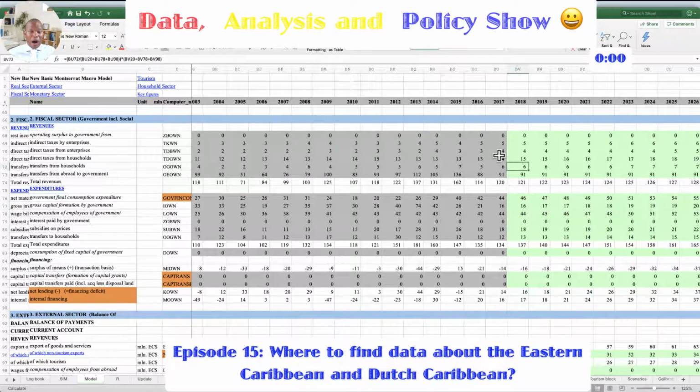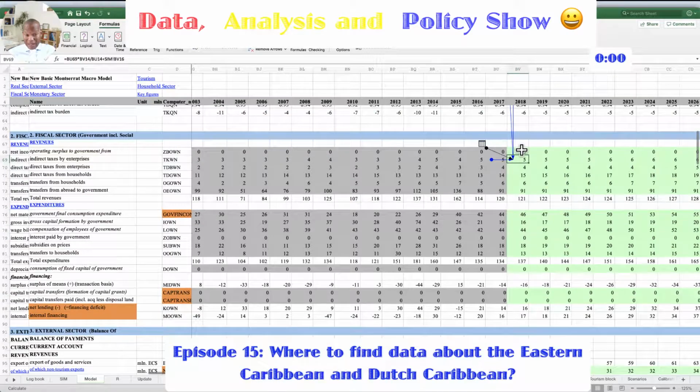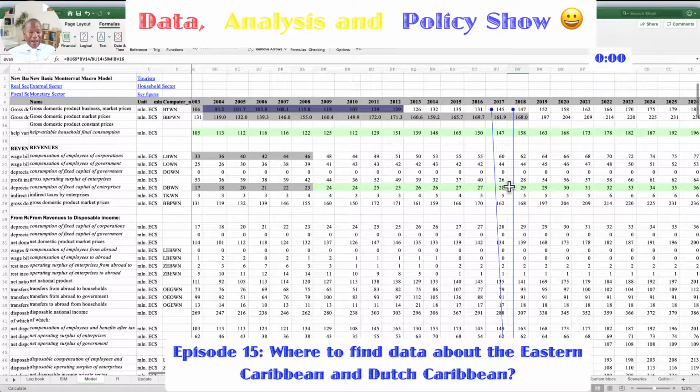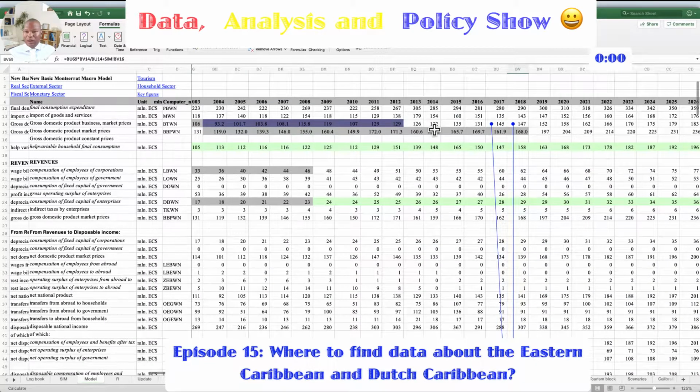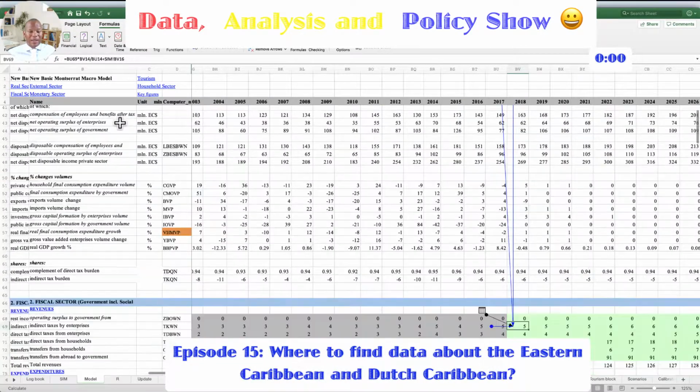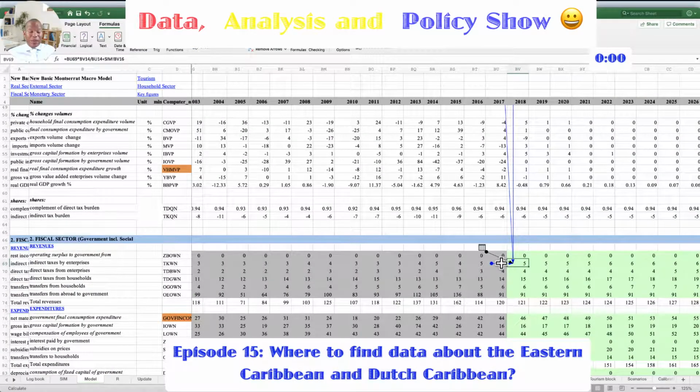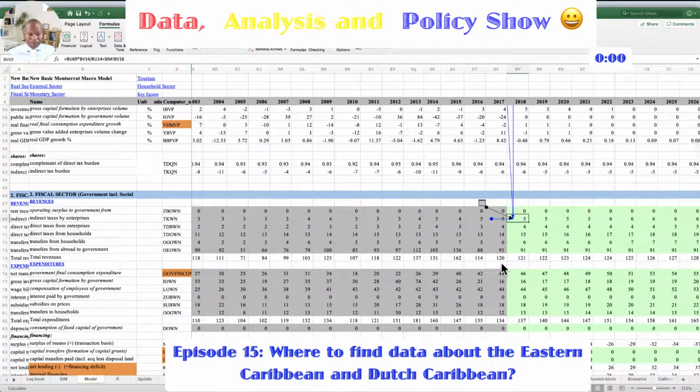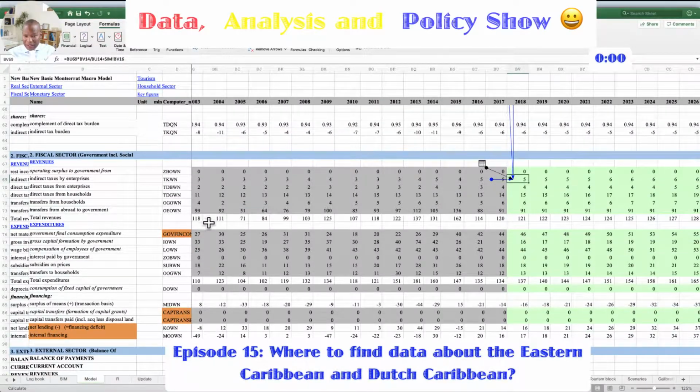So if we want to know how this thing is calculated, I just click here, review, formulas, trace, and I know exactly this figure, indirect taxes. Those are the taxes on goods. Those are created based on the previous year and a factor here, which is the gross domestic product. Gross domestic product is the economy. If the economy grows, then the taxes will grow. That's basically what this formula is telling you. So you see here the taxes.